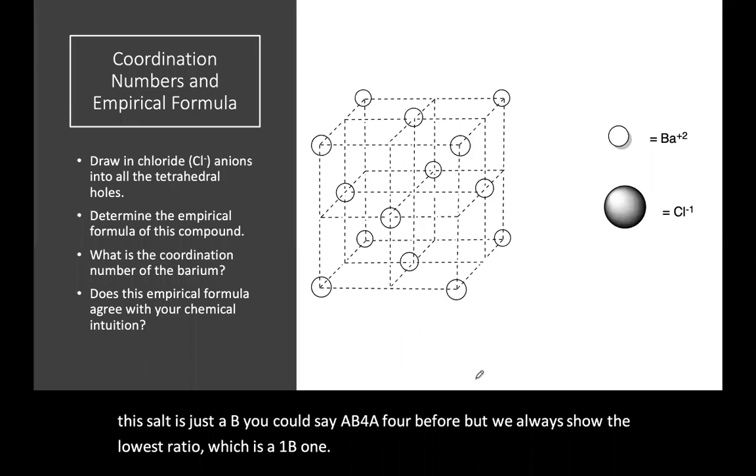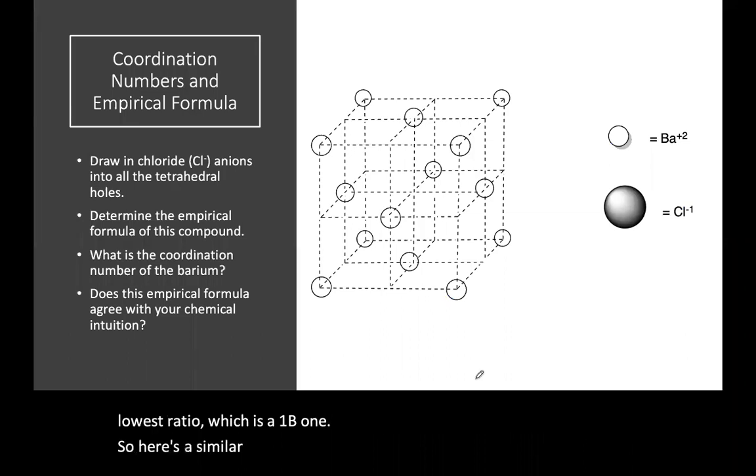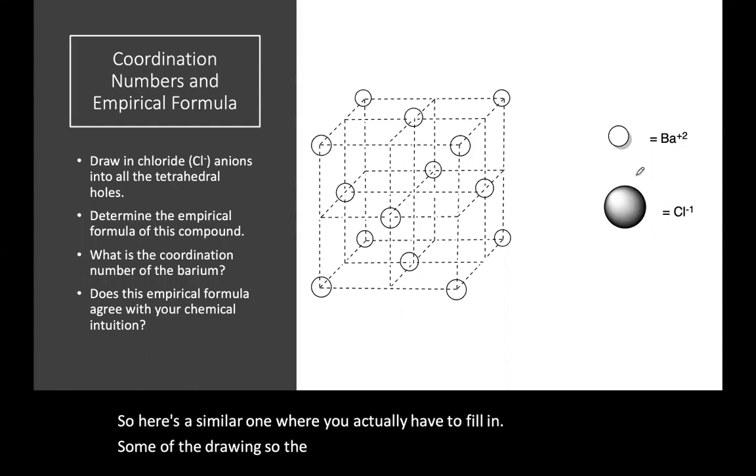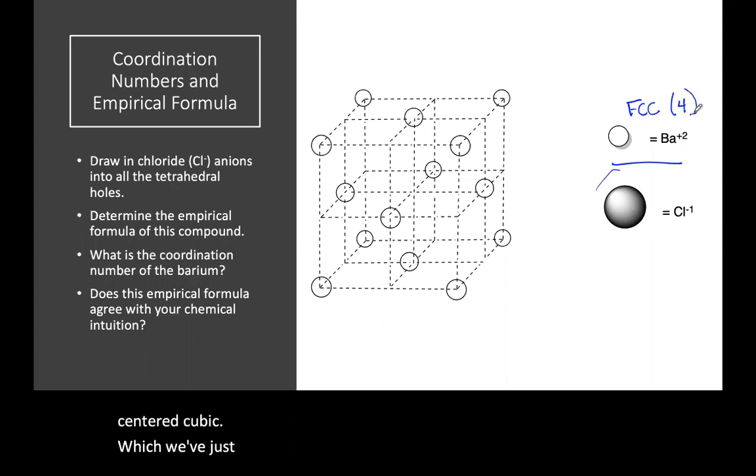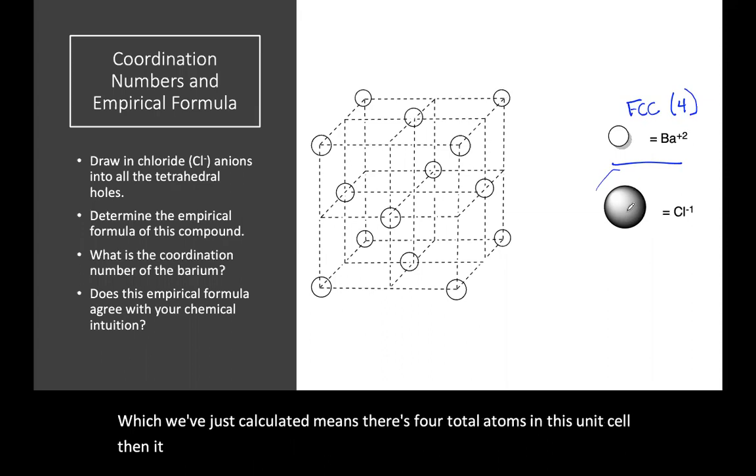So here's a similar one where you actually have to fill in some of the drawing. So the chloride ions are not drawn in yet. The barium atoms are already in the face-centered cubic again. So barium is face-centered cubic, which we've just calculated means there's 4 total atoms in this unit cell. Then it asks you to put in the chlorines into all of the